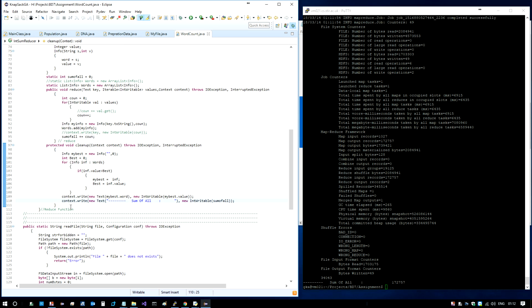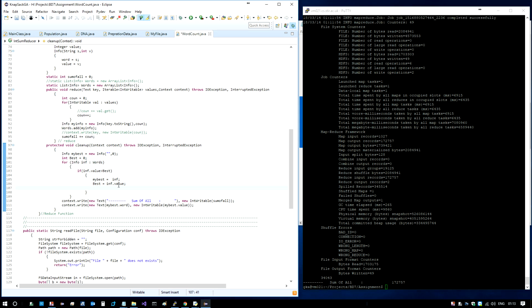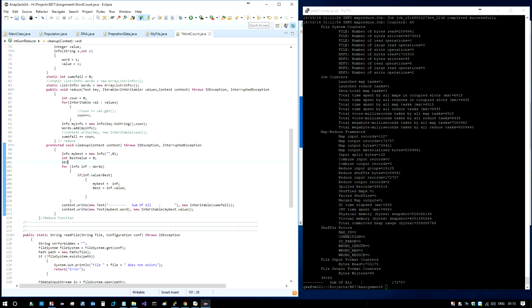And if I don't say it, even not right, let's bring that one to the first, writing sum of all. I just need the information. Maybe I have a list of info and I say info is my best. The other thing, just in case, is to say info value and info word, and I put into my best value, and I'm going to say string. I know it's not different, but I just want to finish it very quickly. String my best word, and I'm going to say here best value, and I'm just going to say best word,